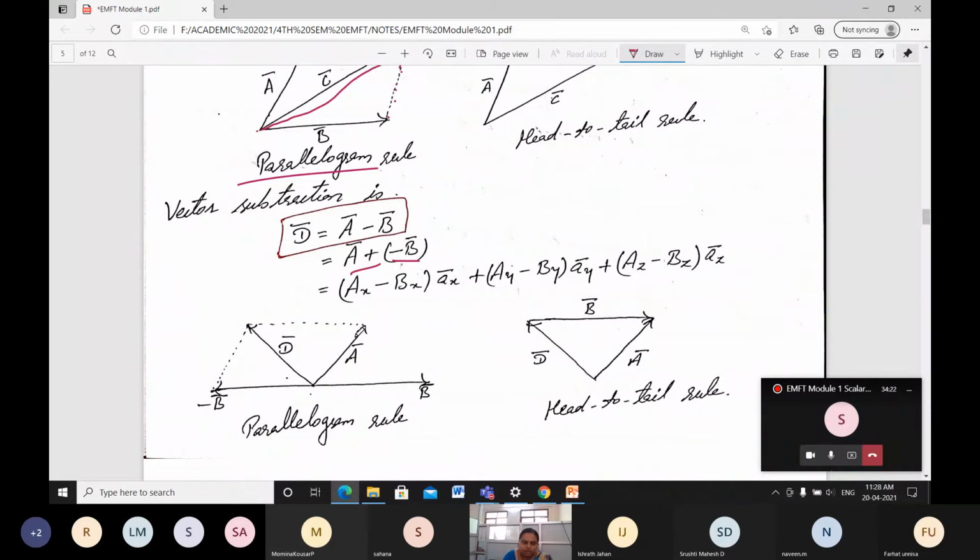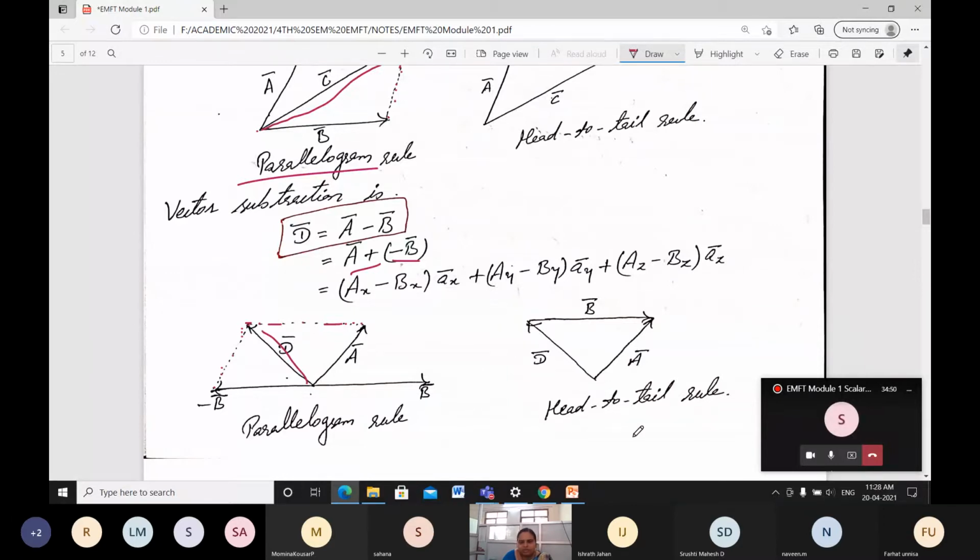Then this is your A bar. Then again draw, extend your lines. Then you will be getting a diagonal here, which coincides with the two lines of B bar and also of A bar. Then it will be reaching here. Then draw the diagonal. You will be getting your D bar, which is the subtraction of A bar minus B bar.